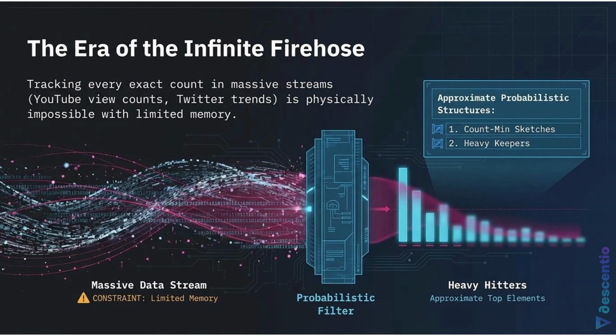Oh, wow, I see. Because the collisions are functionally random across the different hash functions, it's highly unlikely that a low-frequency item will collide with high-frequency items in every single row. Exactly. So by taking the minimum, you essentially filter out the noise of the random collisions. You've got it. The background noise of low-frequency items creates a sort of baseline floor of collisions. But your heavy hitters, the viral videos appearing millions of times, they will stand out distinctly above that noise floor.